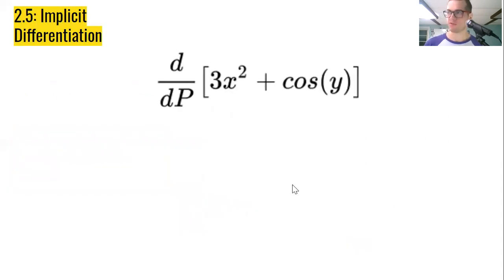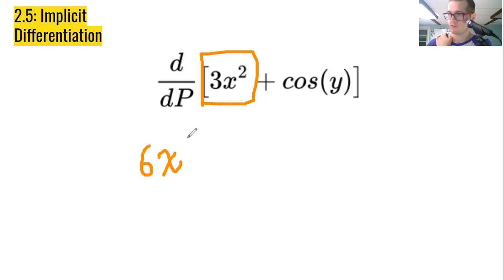All right. So this one's kind of wild and crazy. Like I just threw this out there. Again, just random. So if we're to look at this part, and we'll just do this one together. I'm going to annotate as I go. Ooh, orange. Let's do that. So for this, I'm looking at this piece first. So looking at that piece, my derivative of that with respect to p is going to be 6x to the first. I see p and x are not the same thing. So I'm going to multiply by